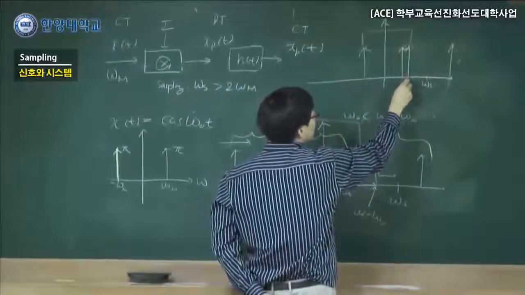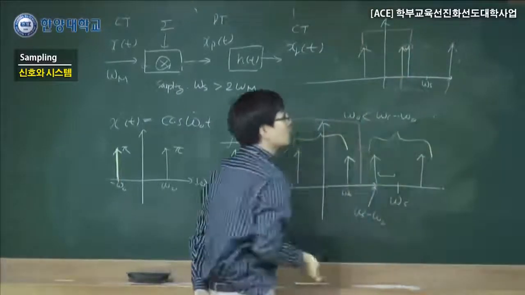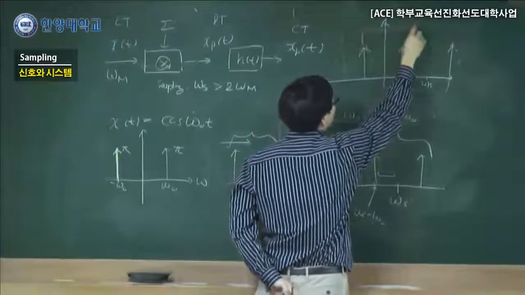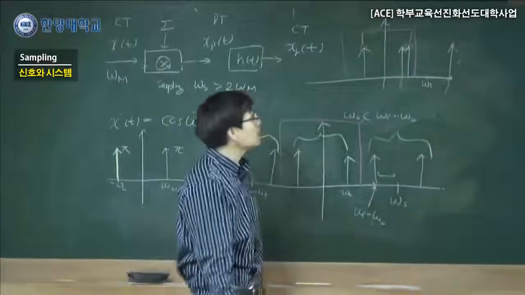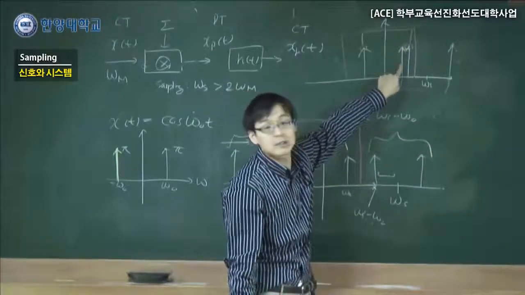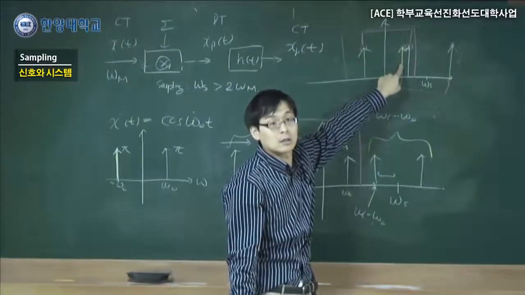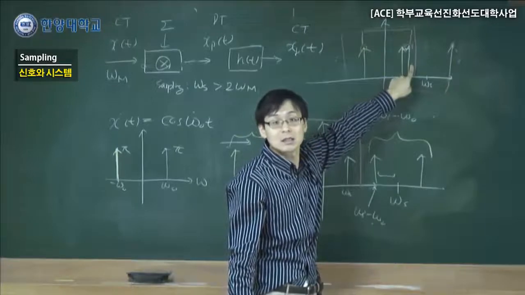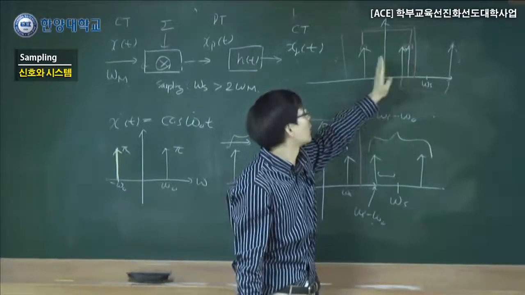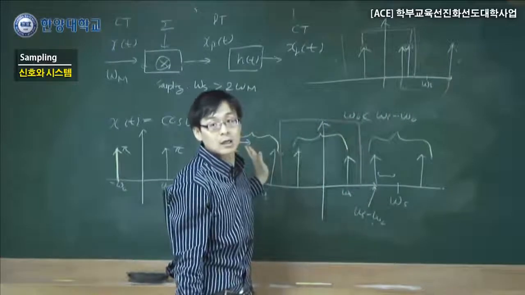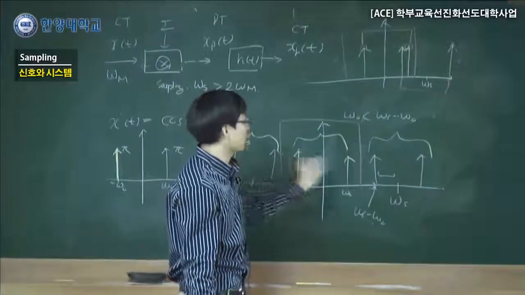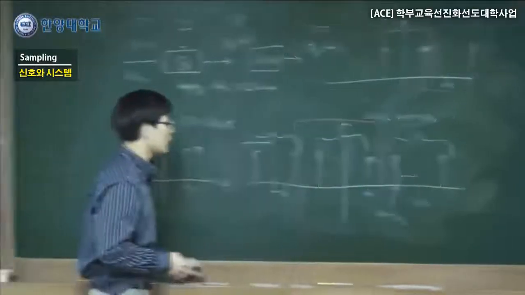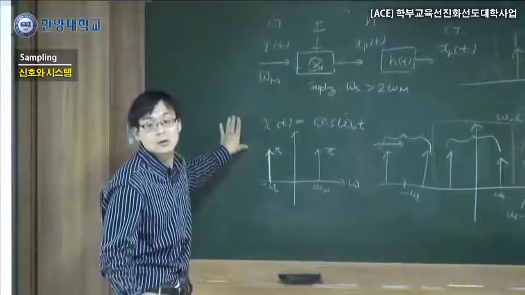If the right side of this one is larger than the white one, then when you do the low pass filtering, it's impossible to remove this white, right? To remove this, you have to also remove this white. That's the reason we cannot reconstruct the original data, and that's the reason we try to make the sampling large enough. That's what they show in the frequency domain using a more practical example, cosine omega 0.